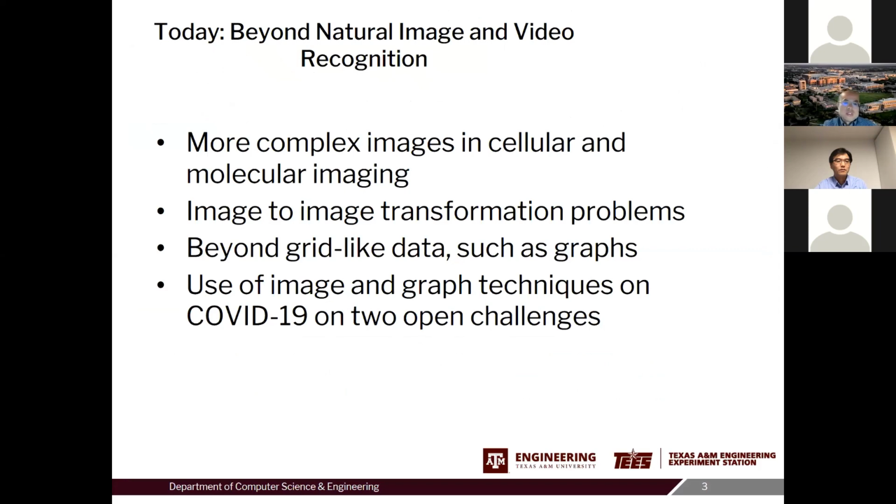Basically, you have an image as input, and you try to predict another image as output. Image segmentation is one of the examples. Also, we have been working on how to use deep learning on more generic structured data, like graphs. Since images can be considered as special cases of graphs, in each of the image and graph cases, I will also show how these techniques can be used to solve COVID-19 problems in the context of two open challenges.